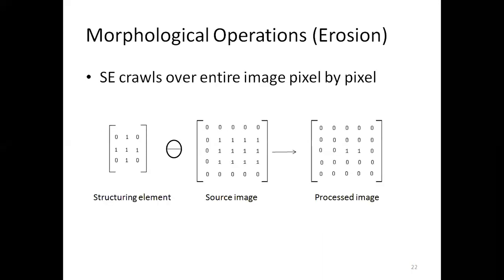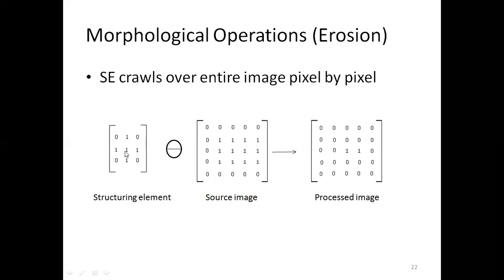So let's see the example here. Again, the structuring element is the same as last time, and the source image is also the same. This time, the symbol of the structuring element is a circle with a minus. Earlier for dilation, it was a circle with a plus sign in it. Again, the origin of the kernel is placed on each pixel, slides over all the pixels, and generates the processed image. In the start, this will be an empty array. Once we process each pixel, we'll place the values here.